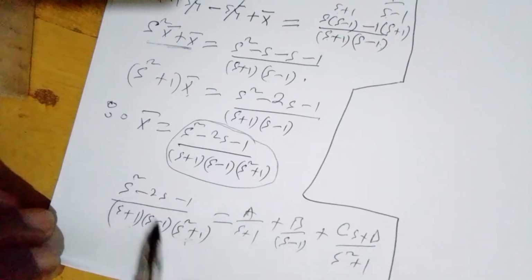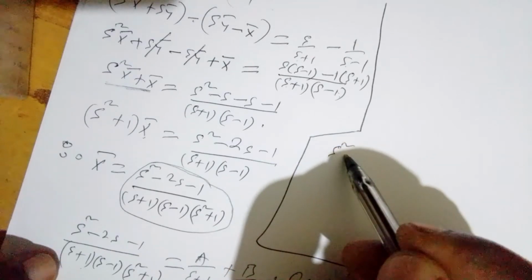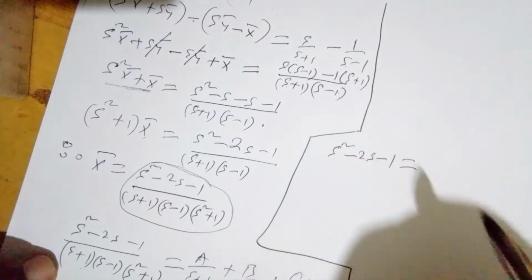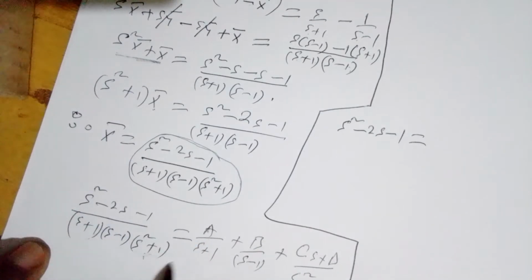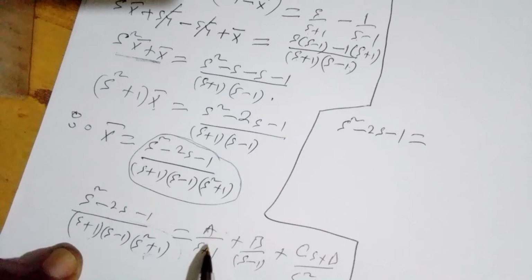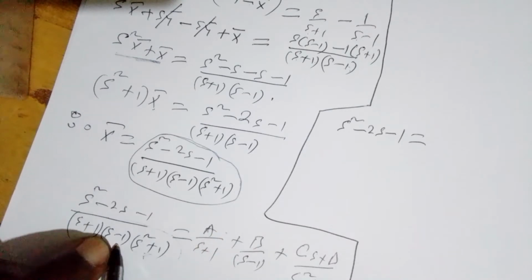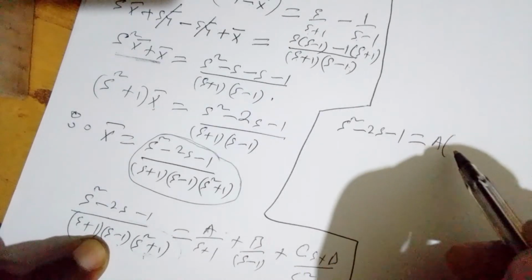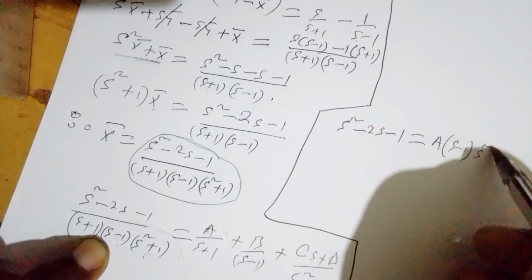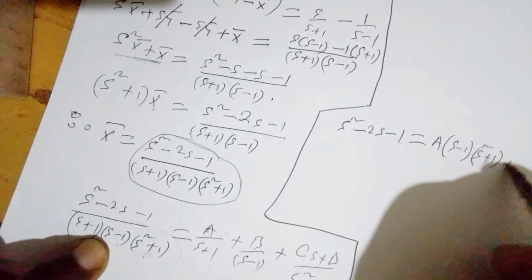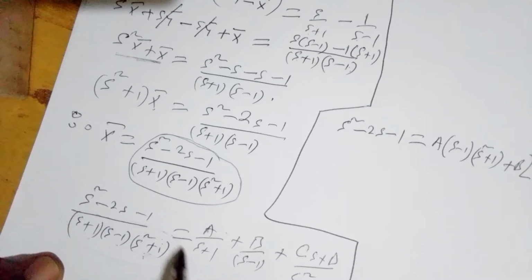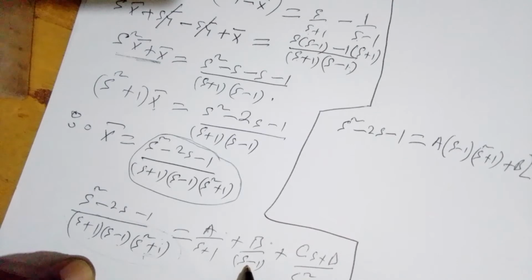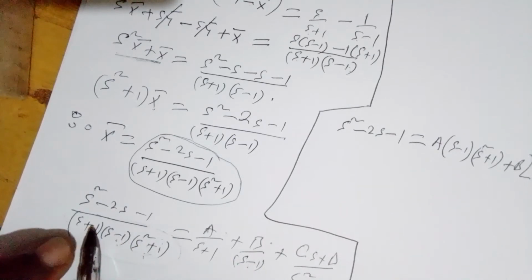So when you multiply on this side, it will cancel, so that this side will remain with s squared minus 2s minus 1 equals to, now on this side we multiply by, you take this times A here, so s plus 1 will cancel with s plus 1, and then we remain with A into (s minus 1)(s squared plus 1), then plus B into, now when you take the original denominator and multiply by B here, this s minus 1 will cancel with this s minus 1, and then we remain with